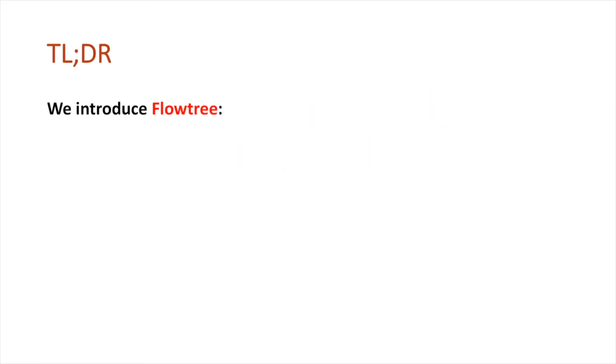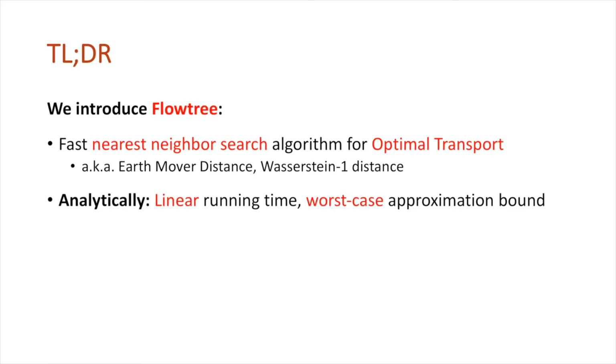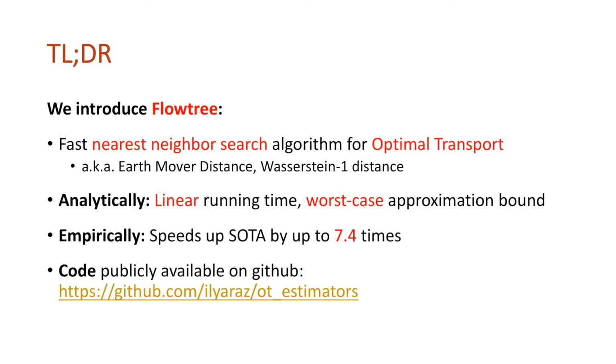We introduce Flowtree. It is a fast nearest neighbor search algorithm for the optimal transport distance, also known as the Earth Mover's Distance or the Wasserstein-1 distance. It is a linear time algorithm with worst-case approximation guarantees for nearest neighbor search. It speeds up state-of-the-art nearest neighbor search in the optimal transport distance by a large factor, and our code is